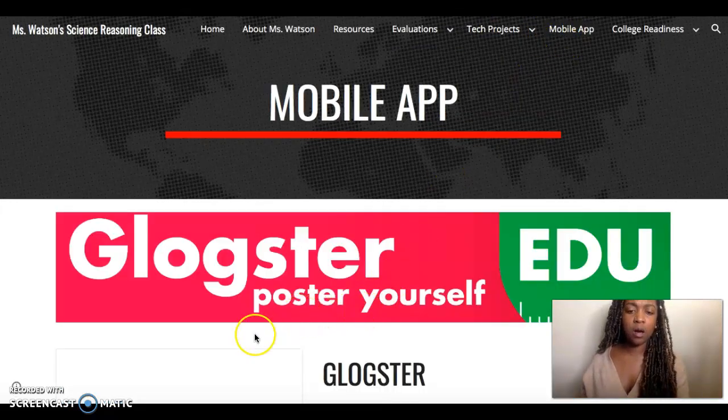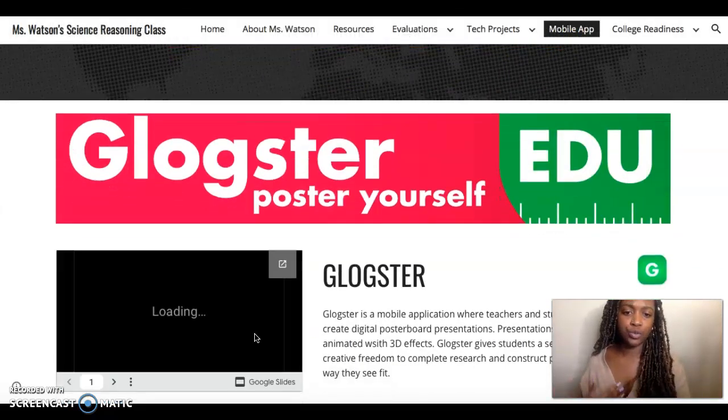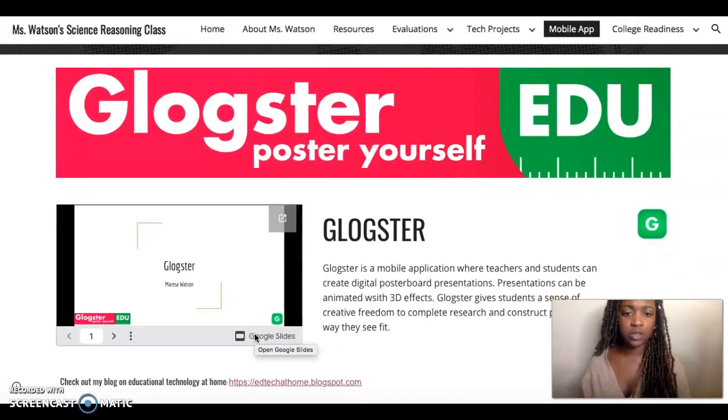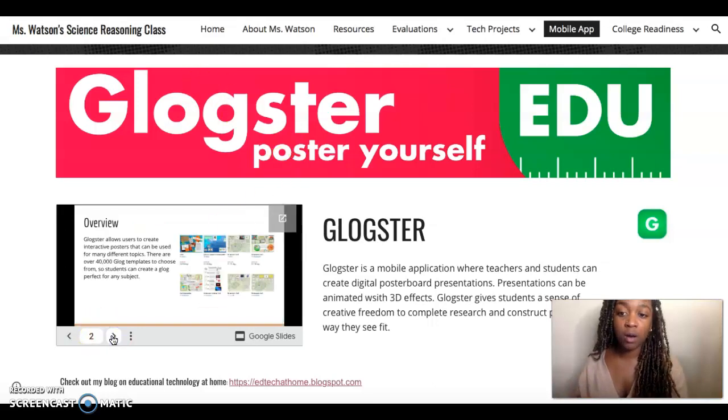The mobile app that I decided to research and do a presentation on was Glogster, which is basically where students create digital poster board presentations as opposed to the traditional threefold poster board. I thought this was very interesting because there are so many themes and templates that students can choose from depending on the topic they have,